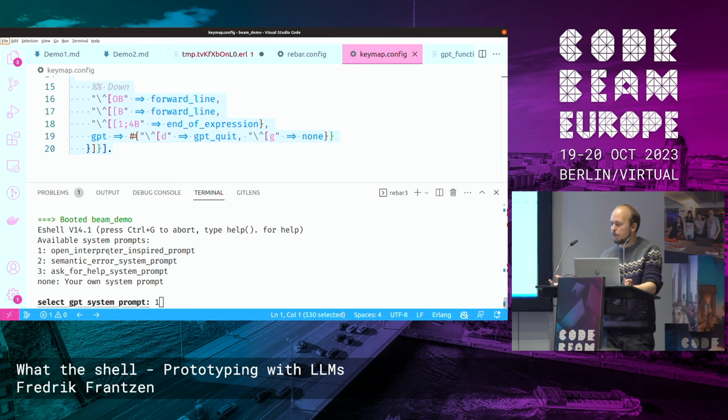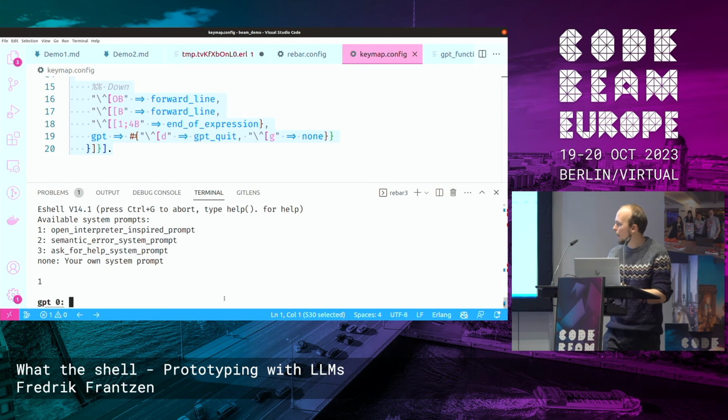I don't know if anyone of you are familiar with it, but there's an open interpreter project where you can tell it in natural language what you want to do with your computer, and then it will give you the shell commands and it will control your computer for you. And so this one is a bit inspired by that, but for this one it will create Erlang code instead, and let's see what it will produce.